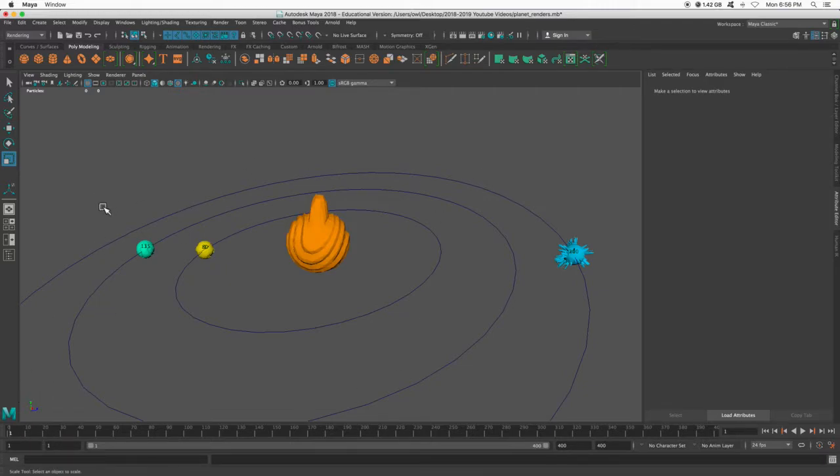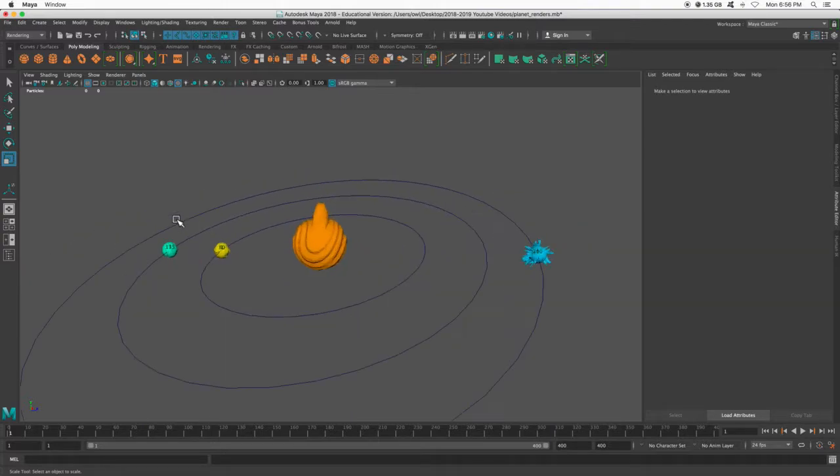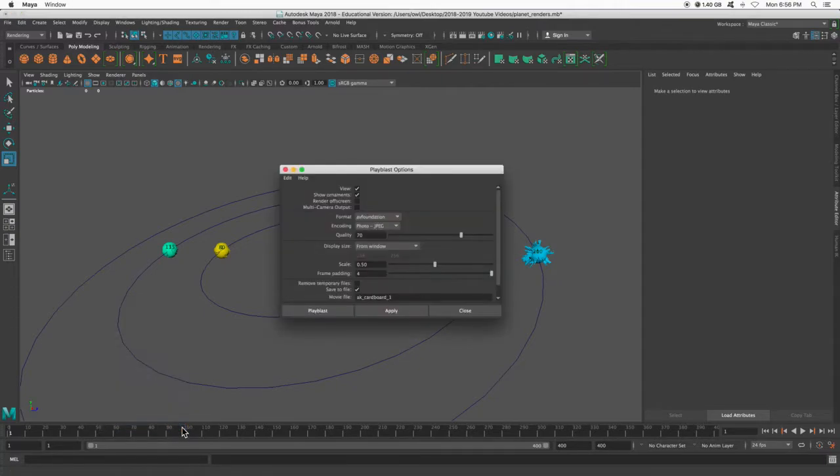So what I'm going to do is I'm just going to press play and see what I have. So I have this that's just rotating, everything else is orbiting around it, and maybe I want to do a test animation before I actually render. If I right click my timeline, this is Playblast. But I want to go into my settings, so I hit the options box,